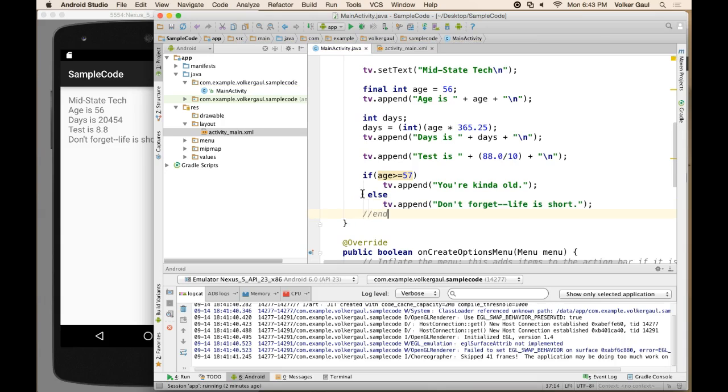And that I also like to put an end if here as a comment just to make sure that I designate where I think the if ends. When you get lots and lots of them and they stack on top of each other, it's good to put comments at the end of your ifs and elses so that you know where you think they end. And then when you ask me for help,